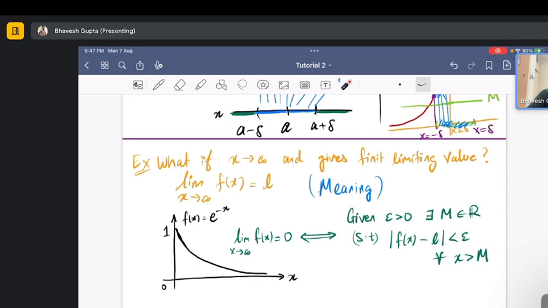So first thing you need to understand is that just by looking at the graph you can claim the answer. Just by looking at the graph I can say the limiting value goes to 0, right? You can see this makes an asymptote to the x-axis. Hopefully you understand what an asymptote is. An asymptote basically tells you the limiting value, basically the limiting behavior,